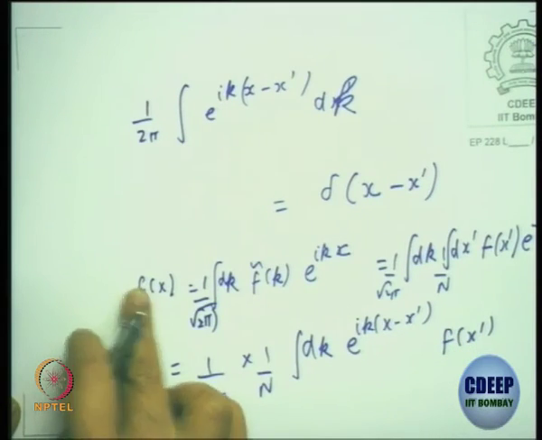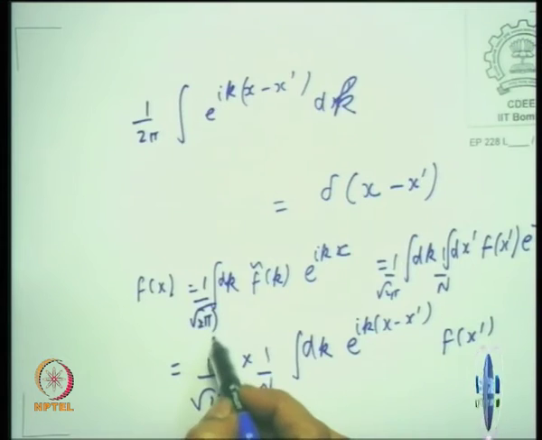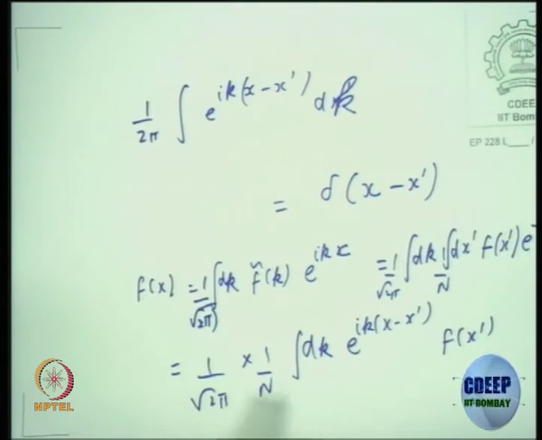I want the left hand side to be the same as the right hand side, and that forces me to choose mine. Is it clear? But some places they would have used 2 pi here, and then the inverse Fourier transform normalization will be 1. That is all I was saying. So this will imply